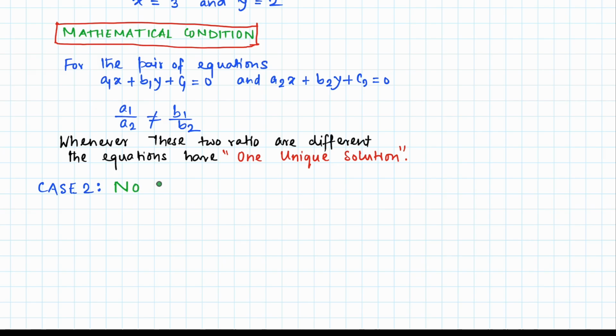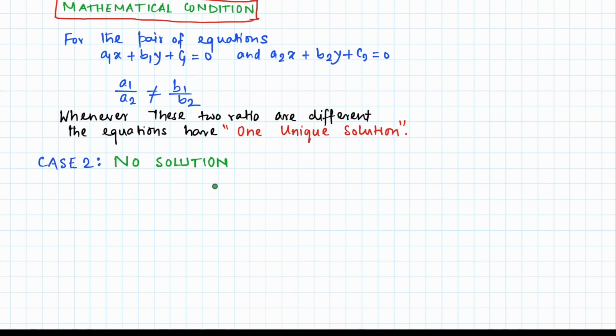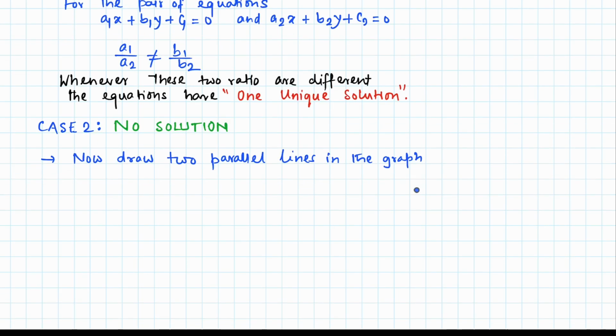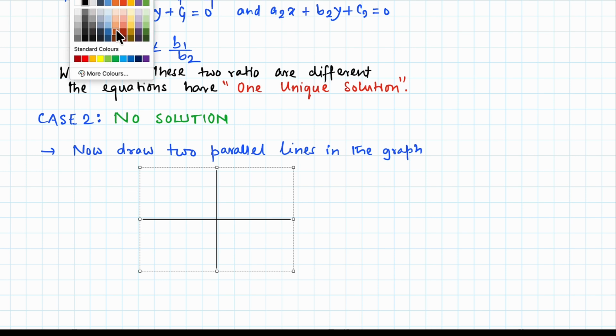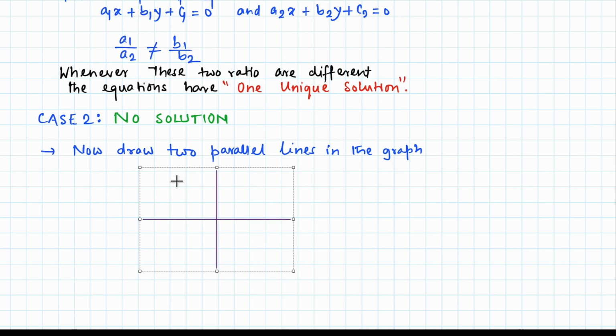Now case 2, when there is no solution. In case 1 we found one unique solution. Now case 2 is no solution. Suppose there are two lines, and if we draw those two lines to get two parallel lines in the graph, then what would be the solution that we can derive from it? So let us draw those parallel lines in the graph. Again we are taking a two-dimensional graph and we are just drawing two parallel lines,